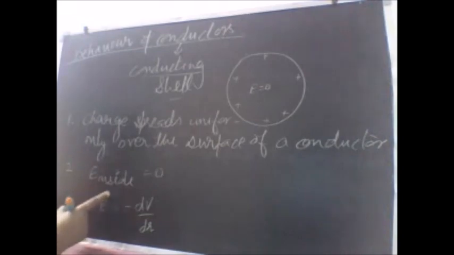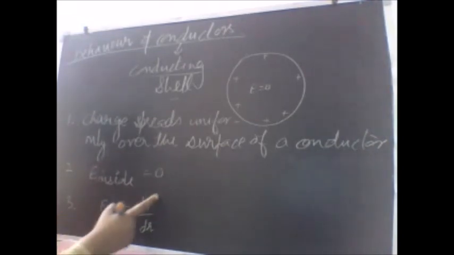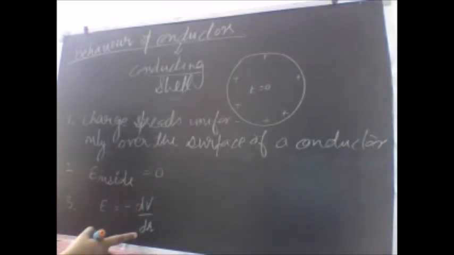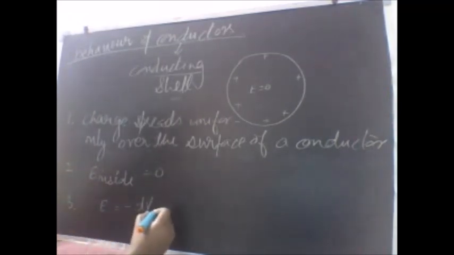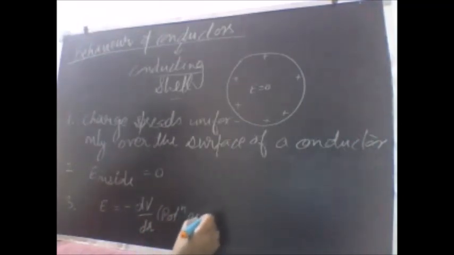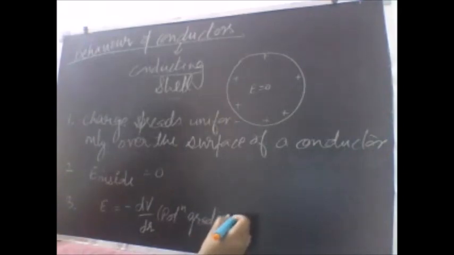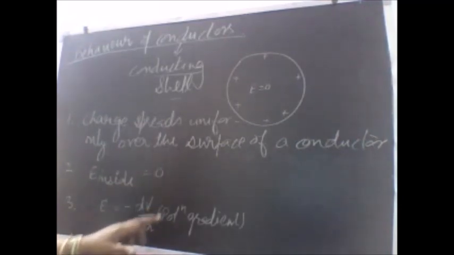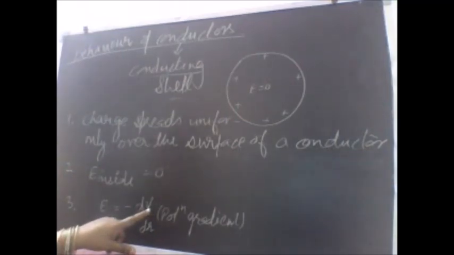We also made it clear that the electric field, being a vector quantity, means this whole term should be a vector quantity. What do we call this? This is known as the potential gradient. We are going to study it in the third chapter also, when we study the potentiometer. So the electric field is a vector quantity, and dV by dr, the potential gradient, is also a vector term, whereas V is a scalar term.